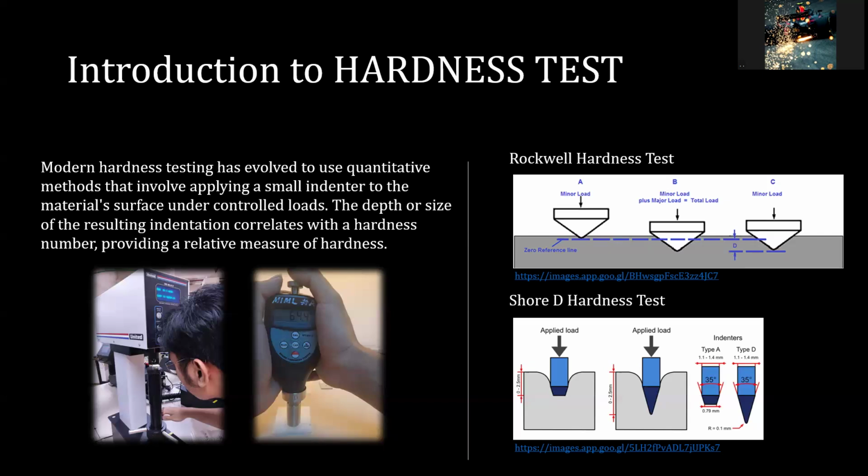And here is an illustration of the different types of hardness tests we've just discussed, Rockwell and Shore. The Rockwell test focuses on measuring the indentation depth after applying both a minor and major load, while Shore uses a durometer to press a steel needle into softer material to measure indentation depth.